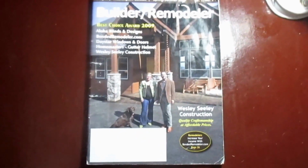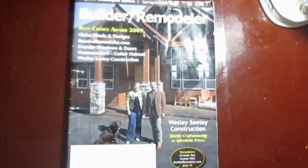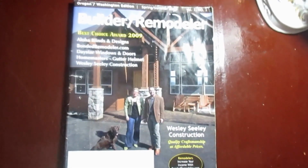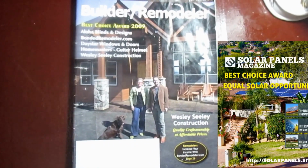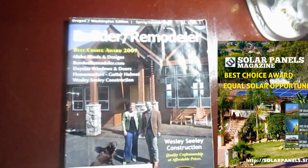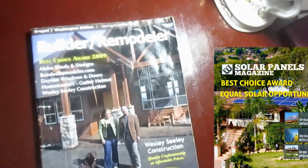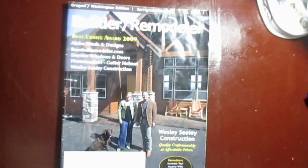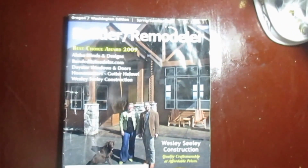Okay, this is a magazine called Builder Remodeler that I published. The idea of these magazines, or of doing the marketing at solar panels site, is that we will feature your company and make you look very famous, and that's how these magazines actually work. They say that it's not paid advertising, and that's true, because the companies buy the reprints, and that's where we